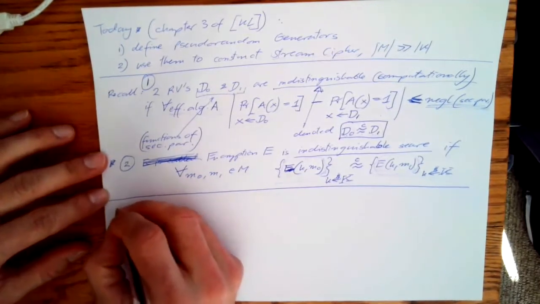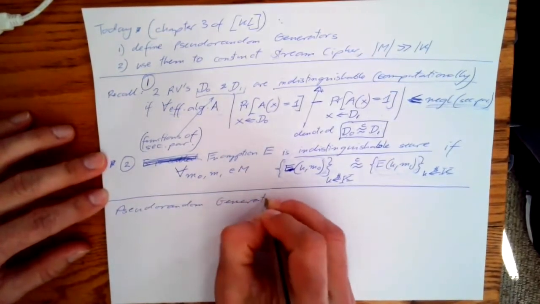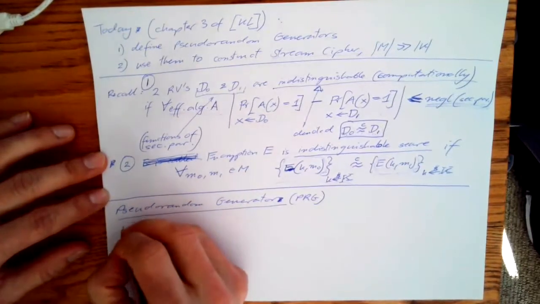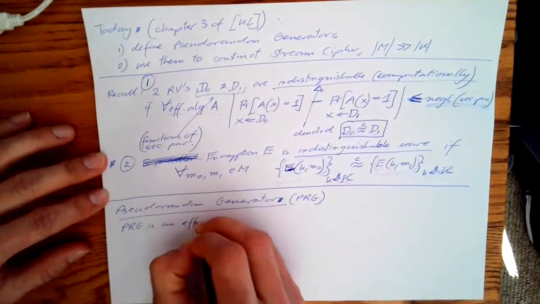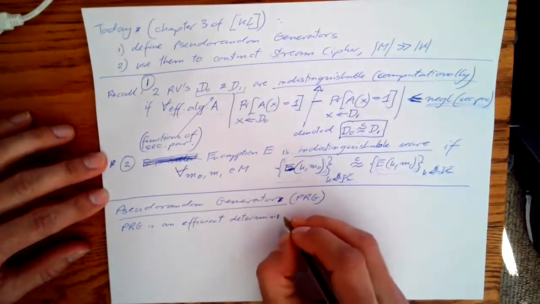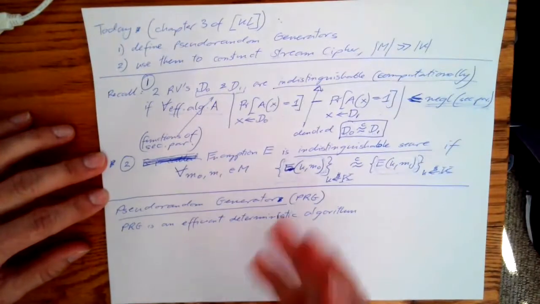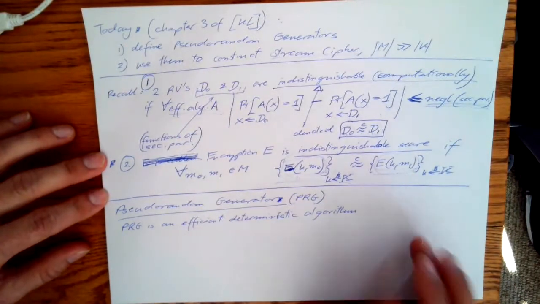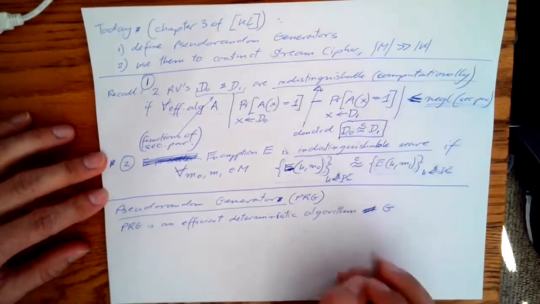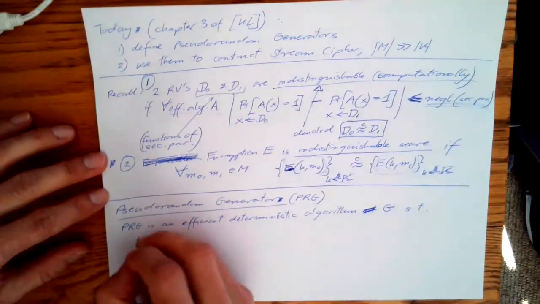Okay, so this was a fast, or perhaps not so fast, recall of where we were. So now, what are pseudorandom generators, abbreviated PRGs? A PRG is an efficient, meaning polynomial time, deterministic algorithm. So it's not randomized; on a fixed input, it will always have the same output. Let's denote this algorithm G for a generator, which meets two criteria. First of all,